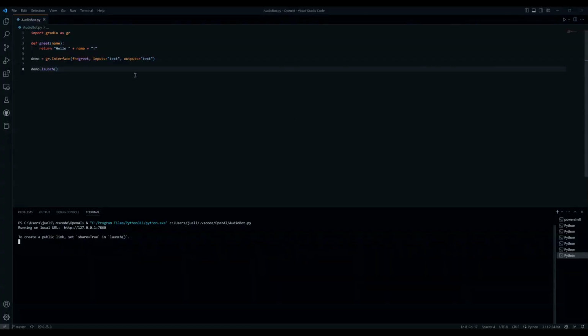If we have a look at the code, you can see there's a function called greet, and it returns hello plus the name, which is the user input. So this name is the left box on the UI where you type anything, and it adds a hello and spits it out as output,